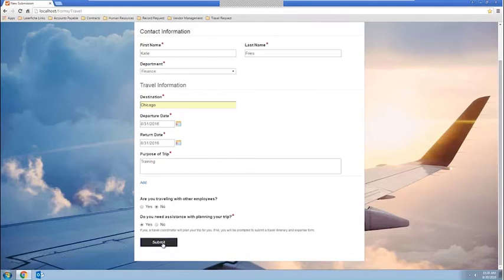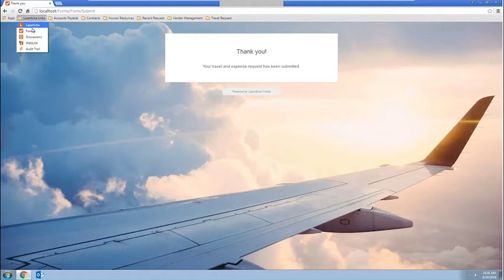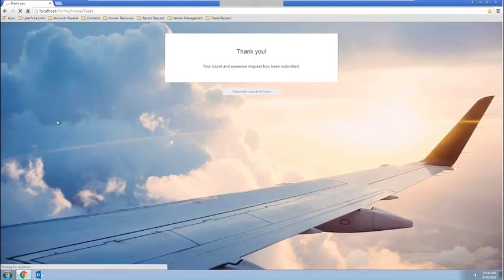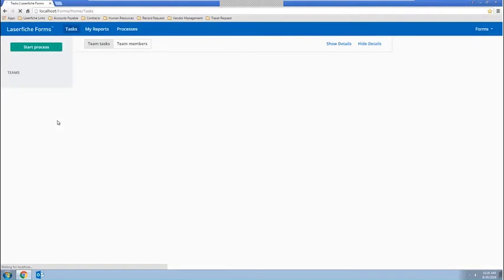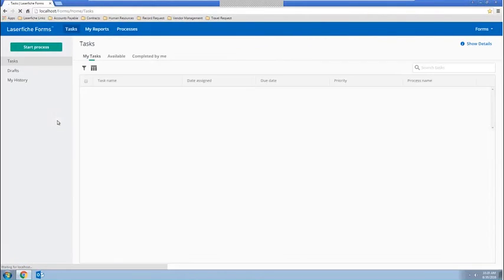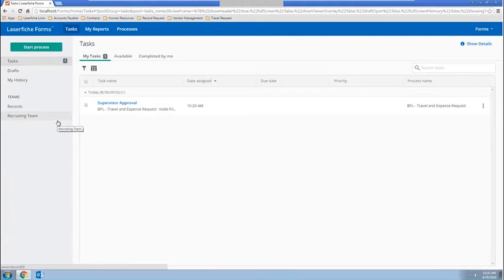For users who are going to be participating later in the process, they'll be receiving some email notifications and have a set of tasks that are delivered through their Laserfiche Forms inbox. So right here we can see the first step in this process is supervisor approval, and we've routed it to a Laserfiche Forms inbox where individuals can grab the tasks that are assigned to them and complete them within this